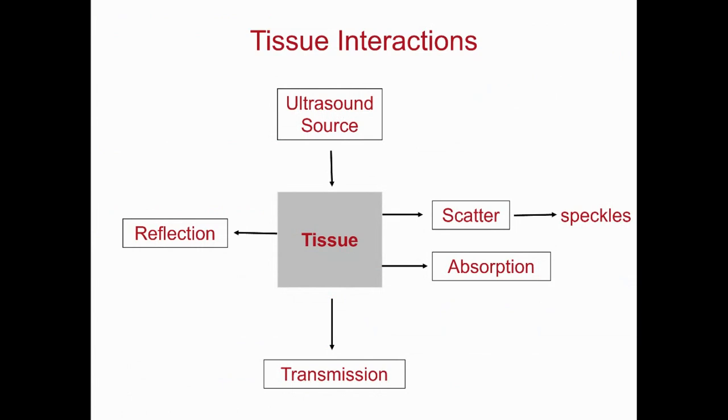So now what happens when you launch the ultrasound pulse into the tissue? This was our transducer up here. And now I want to talk about what the different interactions in the tissue are. So here comes your pulse. You launch it into the tissue, and a couple things could happen. Some of the beam is going to get reflected. That's what we want, because that causes our echo. Of course, you want some of it to be reflected. Some of it is going to be transmitted,